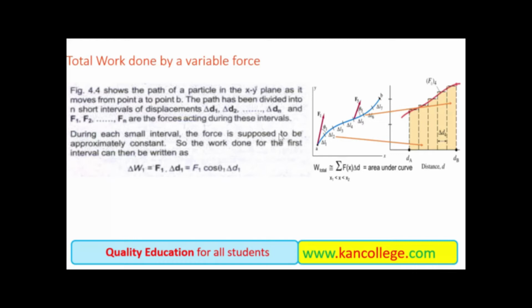During each small interval, the force is supposed to be approximately constant. So the work done for the first interval can be written as the dot product of the force vector and the displacement vector. And the dot product, we know, is the cosine component of force times the displacement magnitude. F1 dot delta d1 can be written as F1 cos theta 1 times delta d1. Similarly, for the second patch, the work is F2 dot delta d2, equal to F2 cos theta 2 times delta d2. By proceeding further, for all the patches, we get the work done in each patch individually. To get the total work done